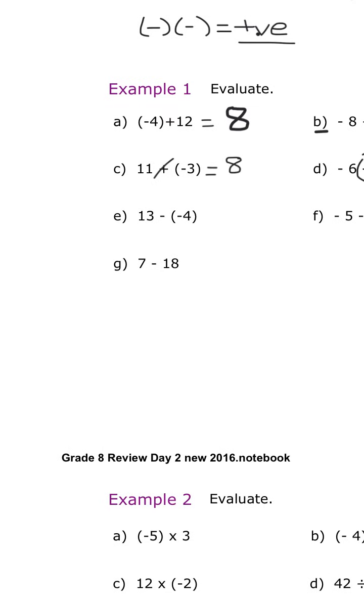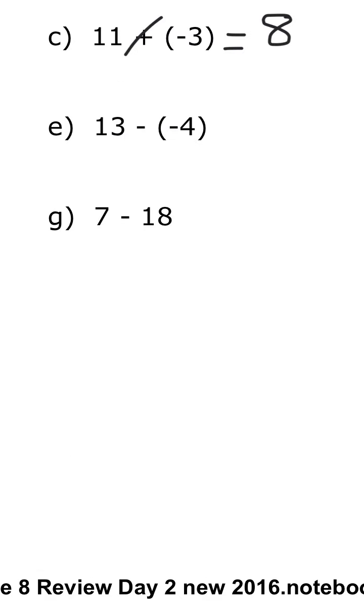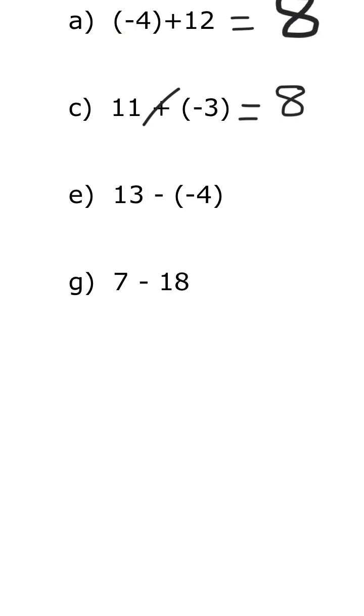Now here's an interesting one. You have a negative and a negative value. When you have two negative values like this back to back, essentially that's multiplication. Those two operations would be multiplying, so they would actually create a positive sign. So you would end up with 13 plus 4, which would give us an answer of